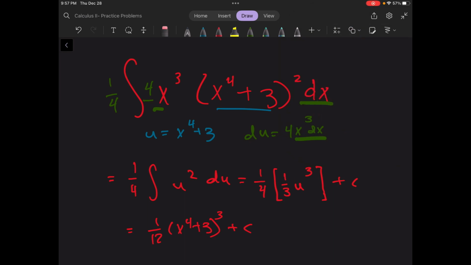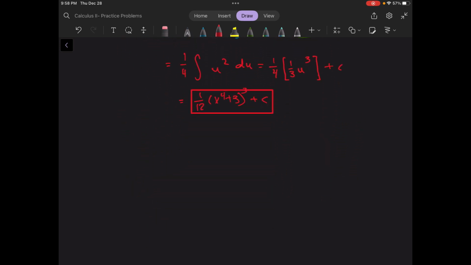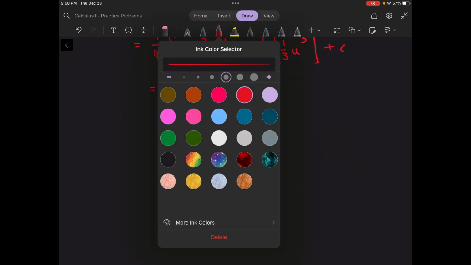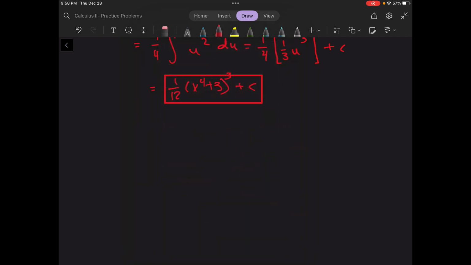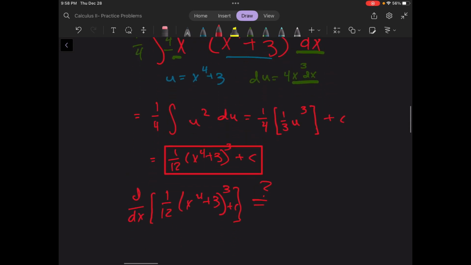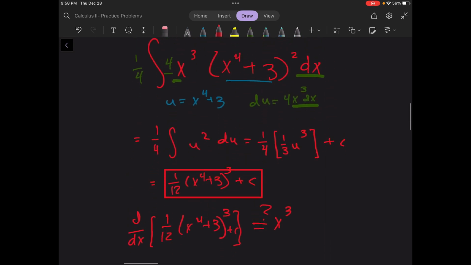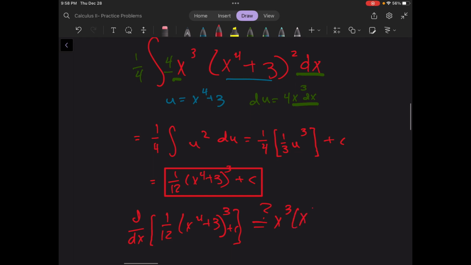Now, I think this is the answer. But let's check using differentiation, right? This is one of our tools of calculus. We can just take the derivative of this, d over dx, of 1/12 x to the 4 plus 3, of course, plus c. And we really want that to be equal to what we started with, x cubed, x to the 4 plus 3